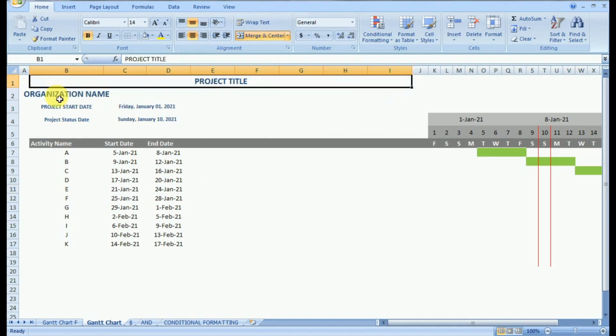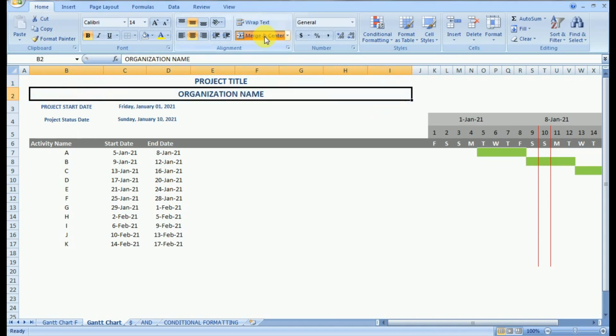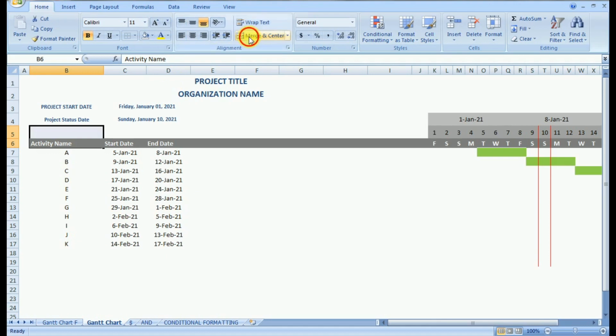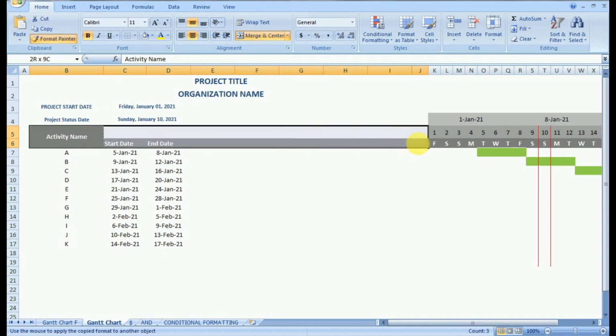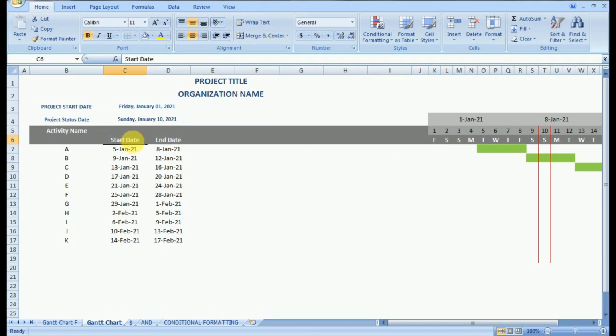Now we will merge the cells so that project title and organization name come at the center. Now we will merge the cells of rows 5 and 6 so that we get sufficient space for the column heading, and we will add the desired column.